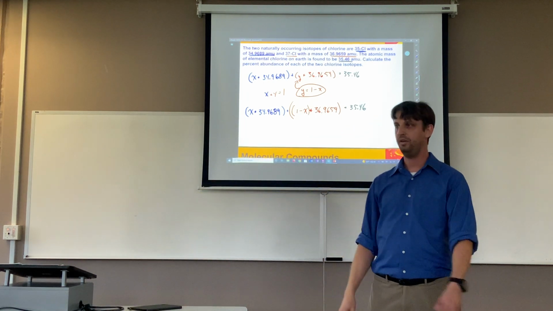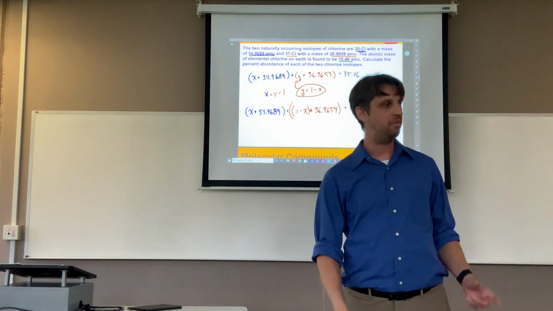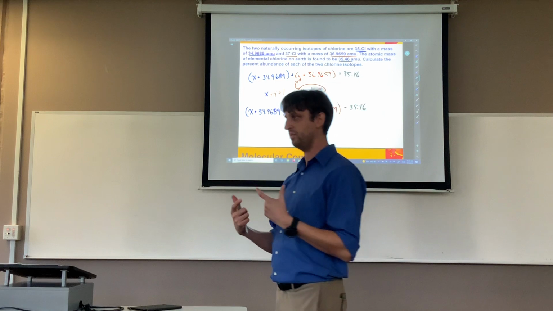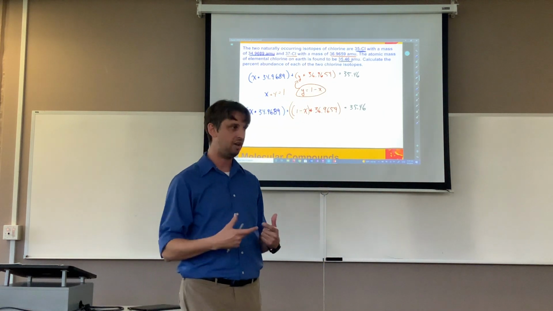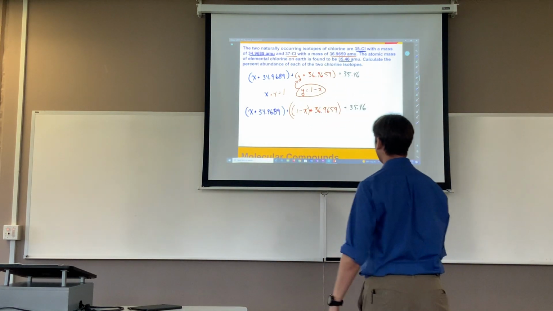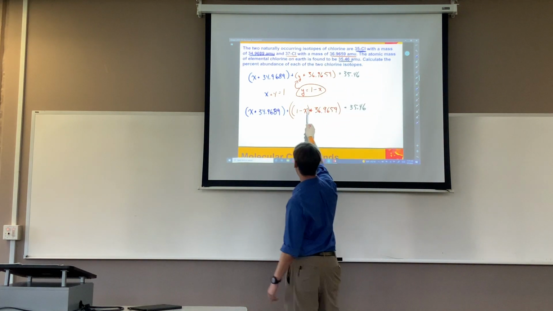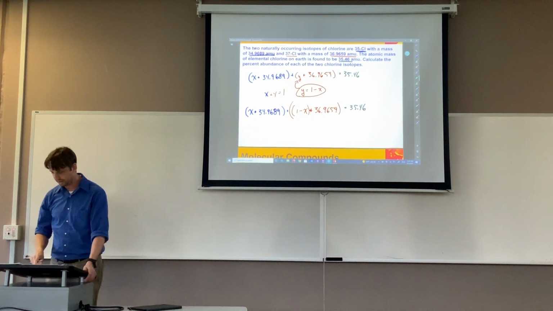Everybody see what I did here? What's the tricky part about this problem? Finding my two equations and how to relate X and Y together. Remember, there are abundances, there are percentages, they have to be equal to 1, they have to be equal to 100%. Now we have an equation with one variable, so now we just need to simplify and bring everything together.